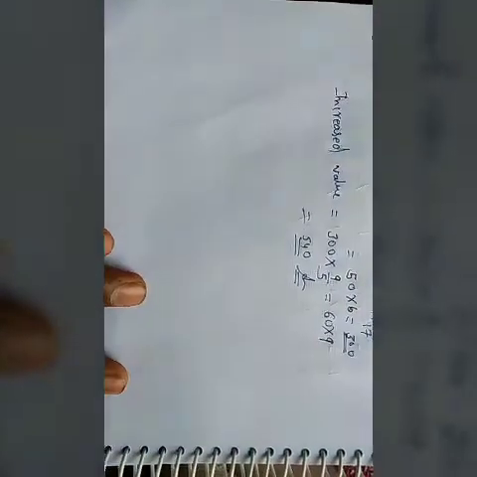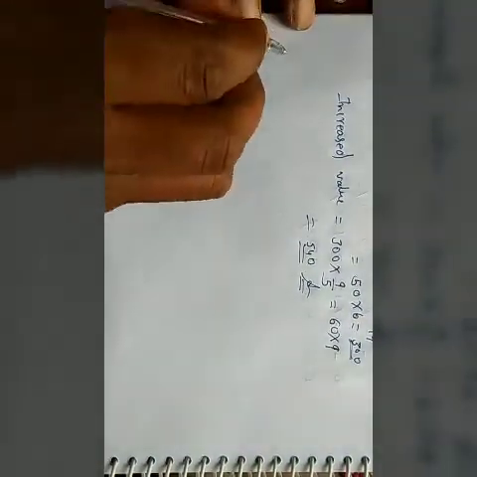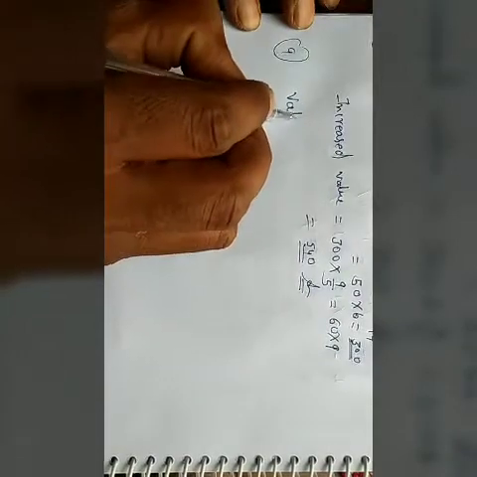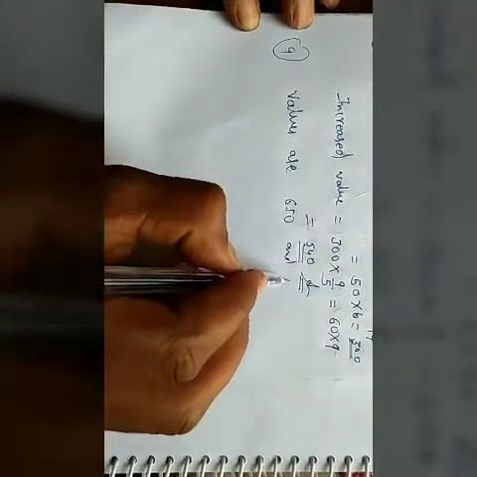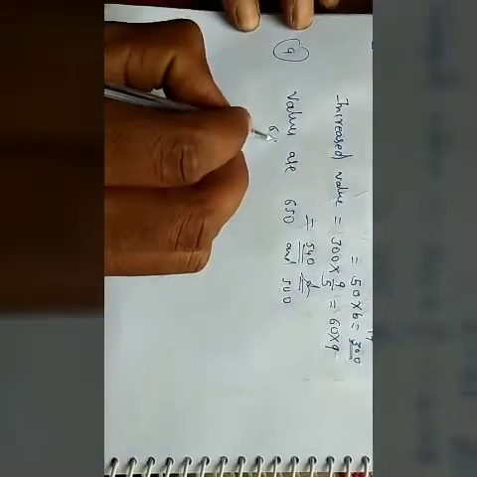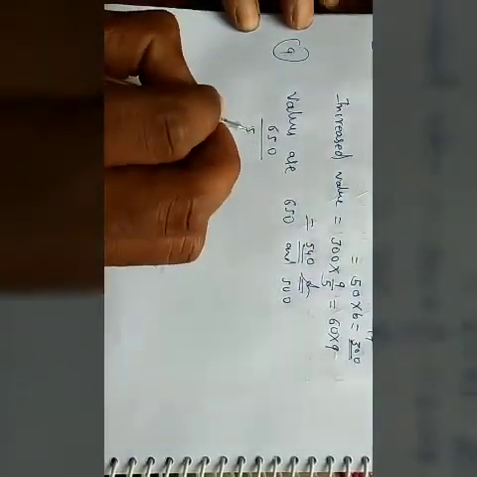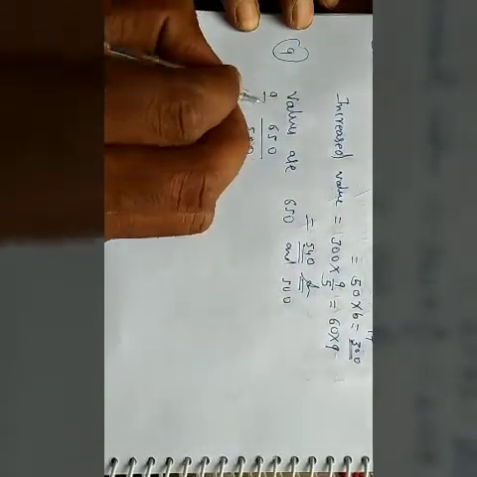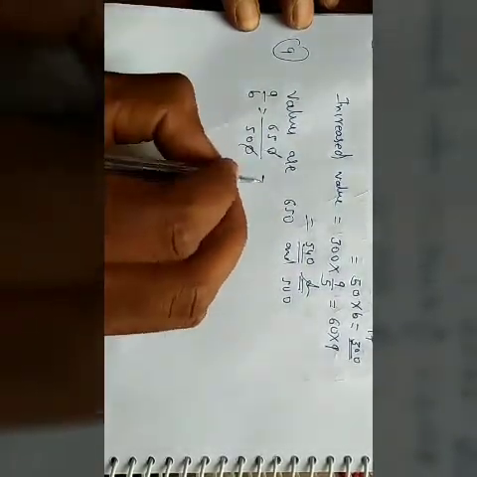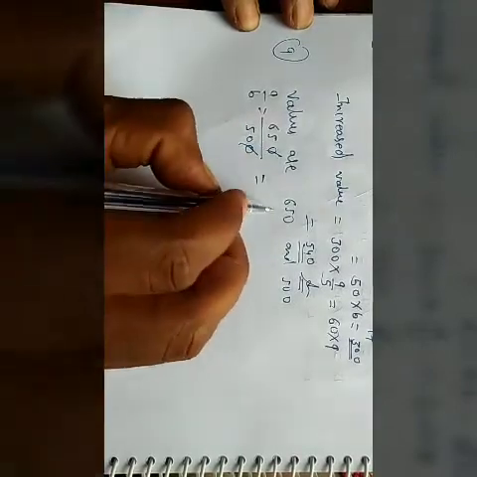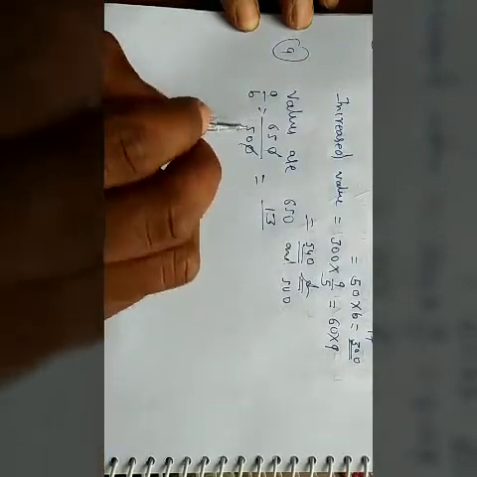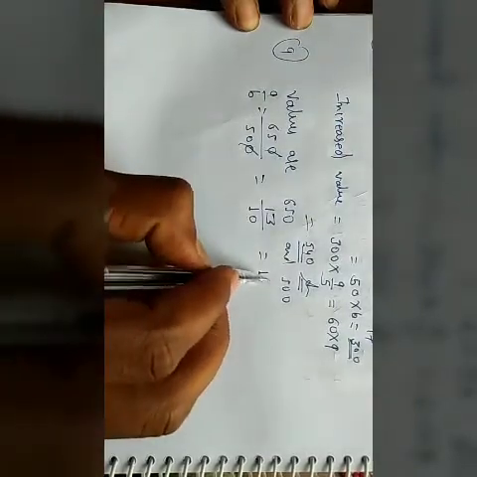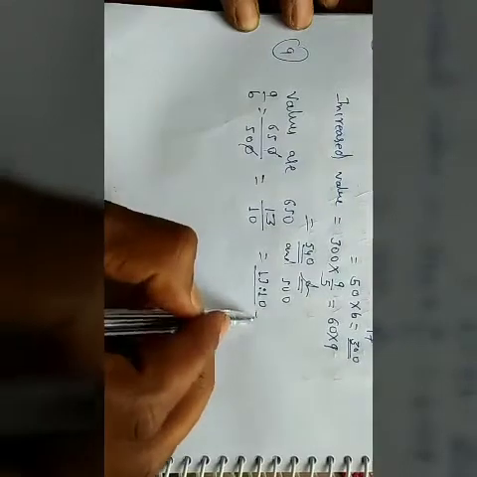So question number 9, values are 650 and 500, means 650 decreased to 500. Then A to B equal to, cancel this number, this will be cancelled by 5: 5 13s and 5 10s, then this will be 13 to 10. Simply this is the answer.